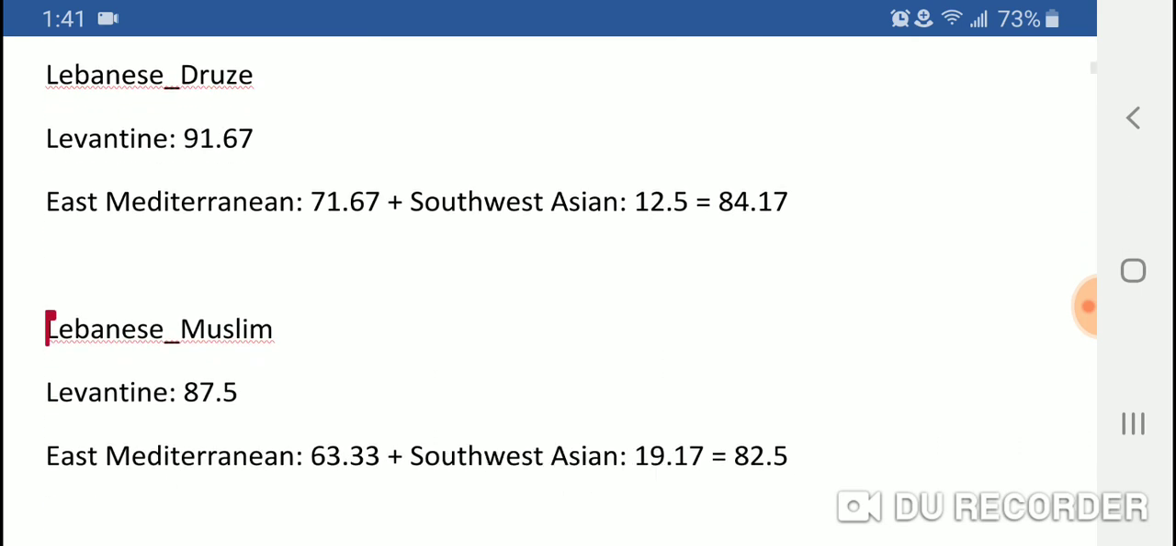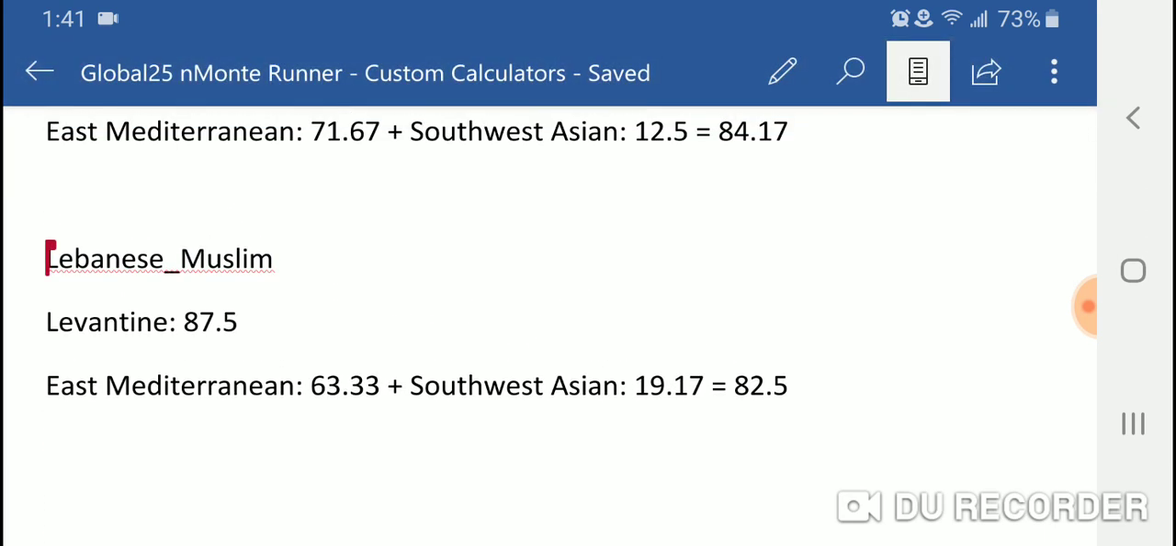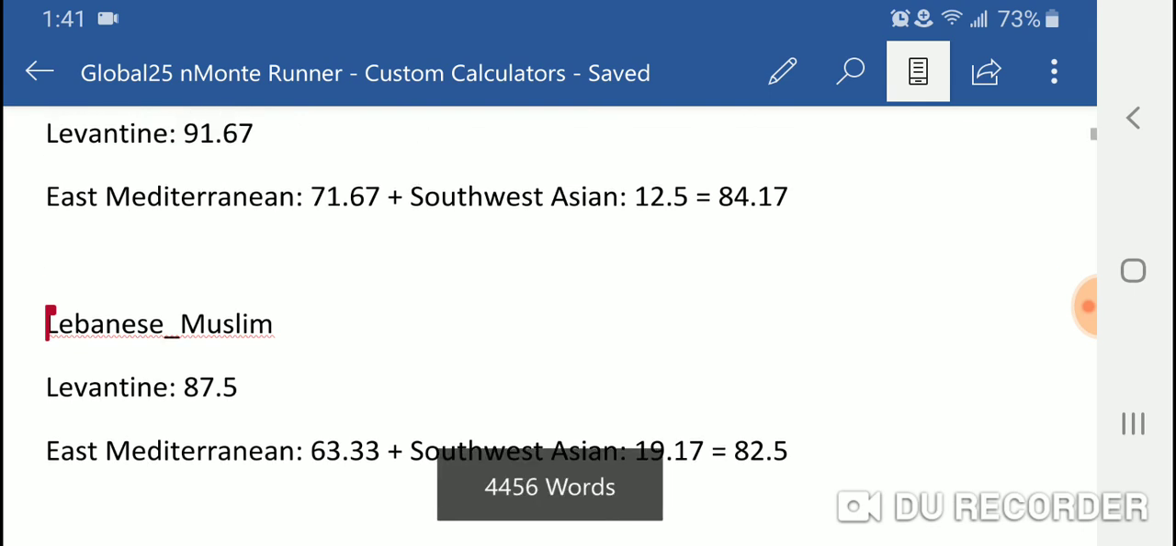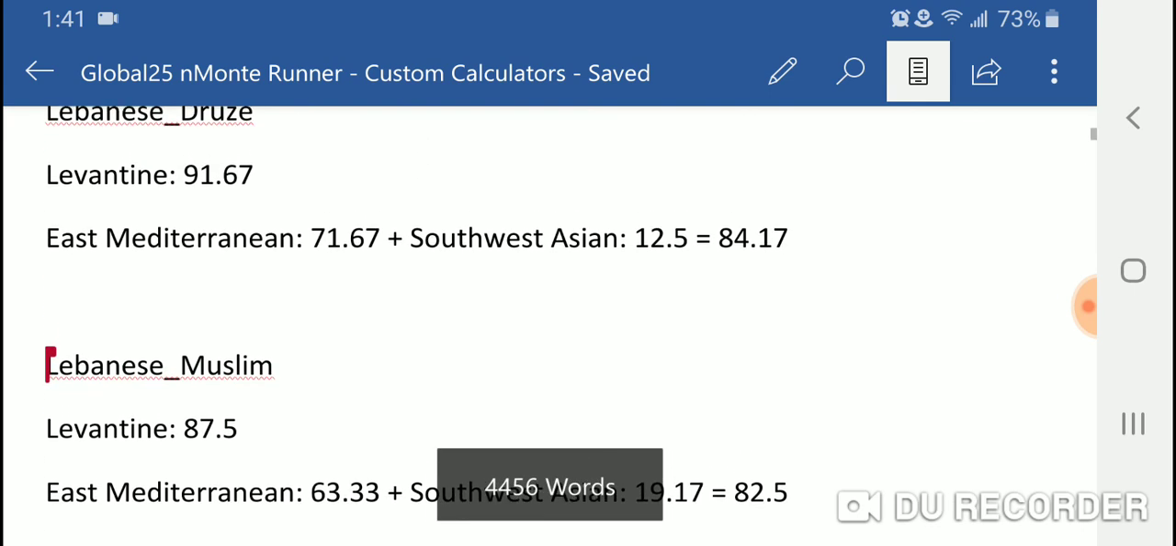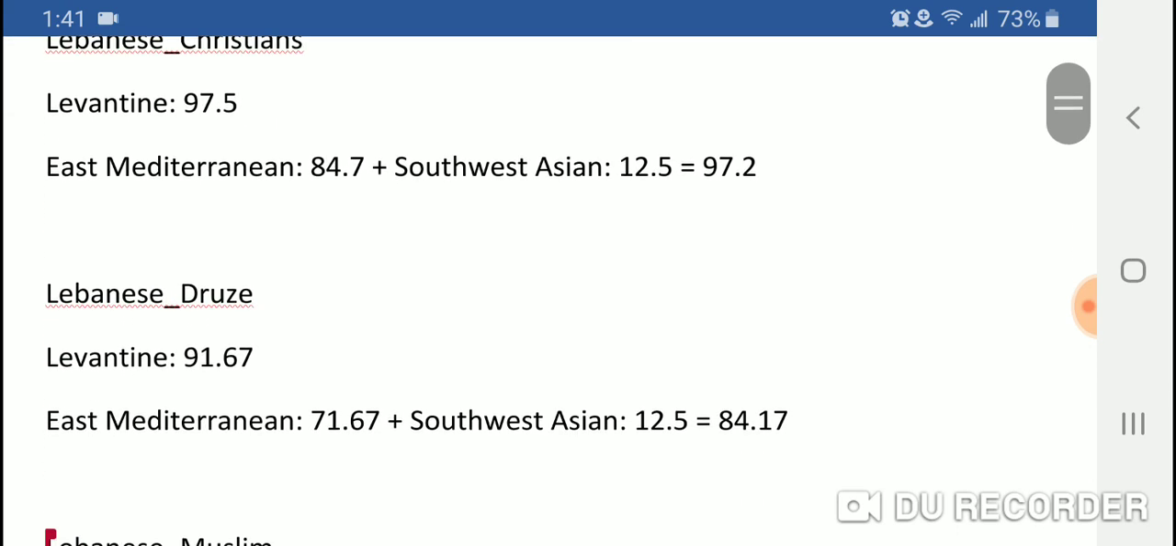Lebanese Druze, Levantine, 91.67. East Mediterranean, 71.67 plus Southwest Asian, 12.5 equals 84.17. And lastly, Lebanese Muslim, Levantine, 87.5. East Mediterranean, 63.33 plus Southwest Asian, 19.17 equals 82.5. So obviously, the groups that never left the Levant, never had a diaspora, such as the Lebanese,